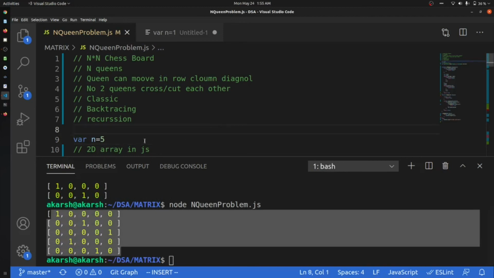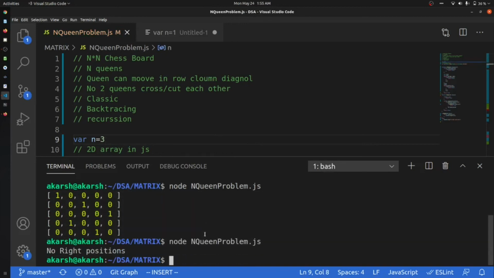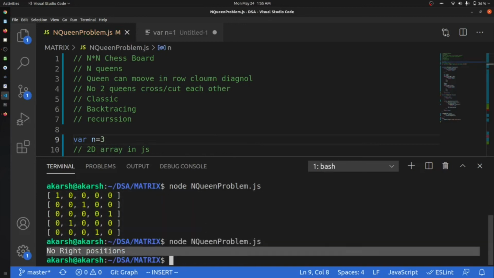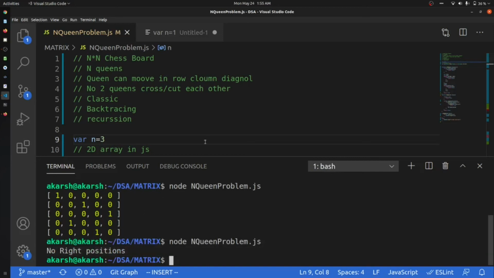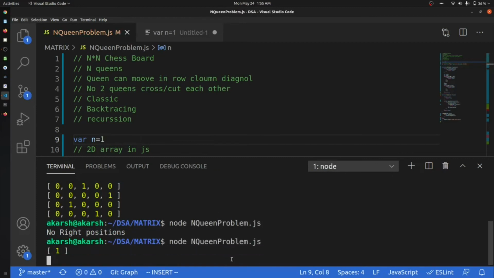Can we get that at 3? There is no position where we can put 3 queens on a 3 cross 3 board. Can we put 1? I think yes, because it is the only position to put a queen.